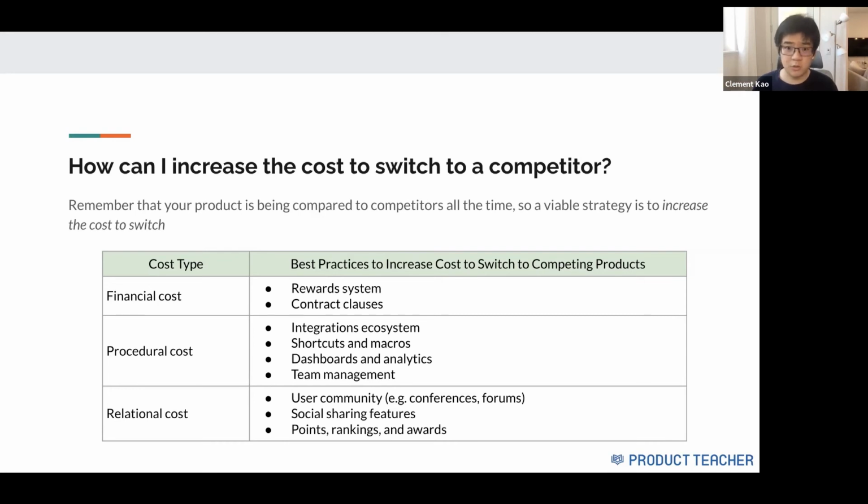Another way to make it harder to switch to a competitor is to implement social sharing functionality. Now, of course, it depends on the product. Some products shouldn't have social sharing. So if we're talking about, let's say, Stripe for payments, there's nothing to socially share there. But if your product happens to be a fit for social sharing, it can be a really great way to